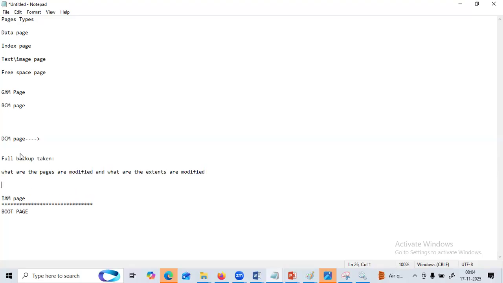That information will be stored in the DCM page. So we have taken the full backup. After taking the full backup, the data will always come to the page, it will be modified and it will update. That is fine. But whenever we want to take the differential backup,